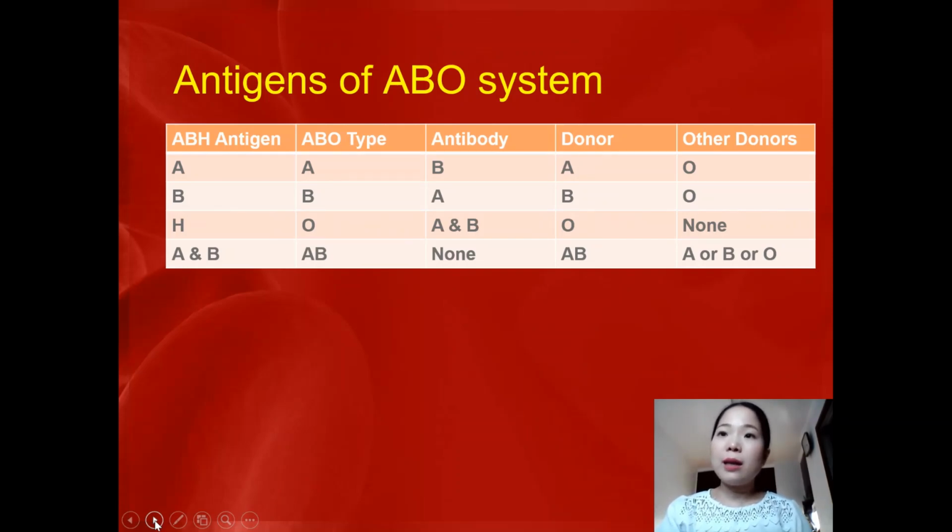Now, most often, any clinician will be asked, Doc, if O positive, what other blood products can be transfused to this patient? Can you transfuse an A positive or a B positive blood to a patient who is O positive? What if you have an AB positive patient? Can this AB positive patient be transfused an A positive blood? Can he be transfused a B positive blood?